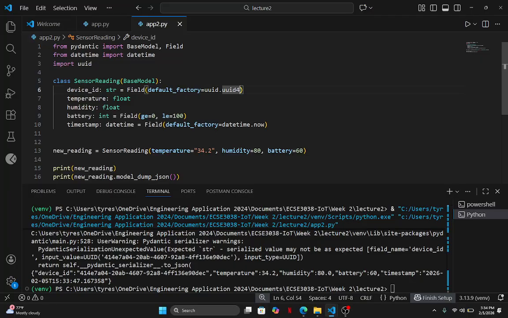There may be a way for me to get this working as a string. But for now, just understand that we can use default factory if we want to specify an ID. I guess in this case, it technically wouldn't make sense for us to specify what the ID of the device is. The device is supposed to know its own ID. But it's just an example. If it's a case where it's like a reading ID or something that needs to be unique from all the others, a way to identify a particular object or transaction or something.